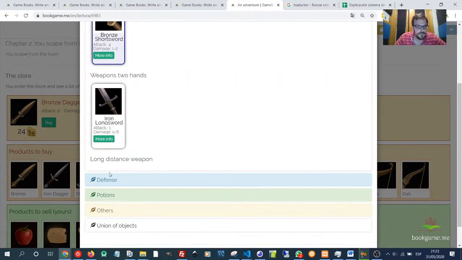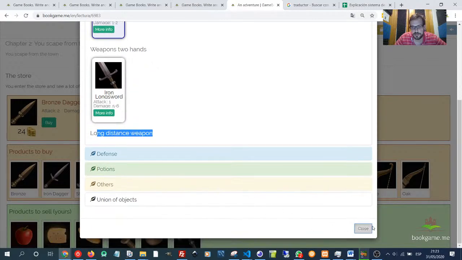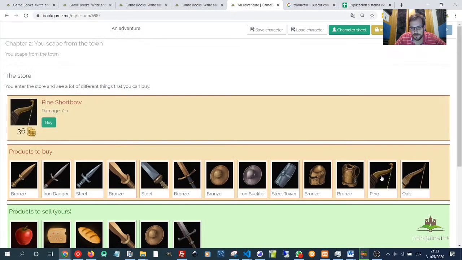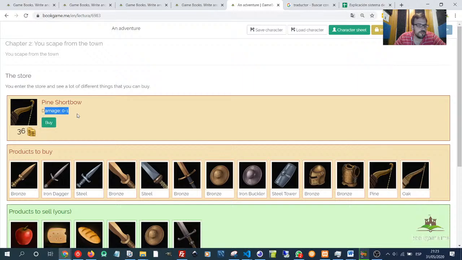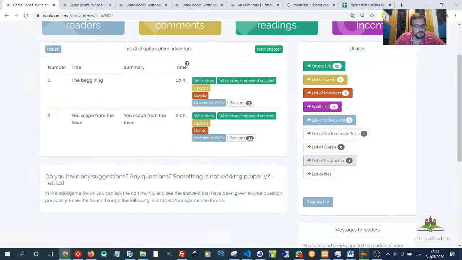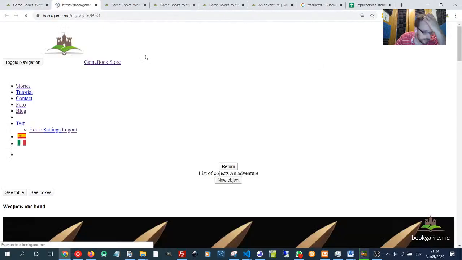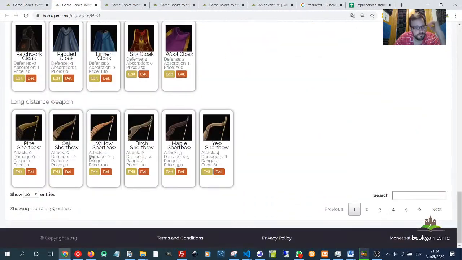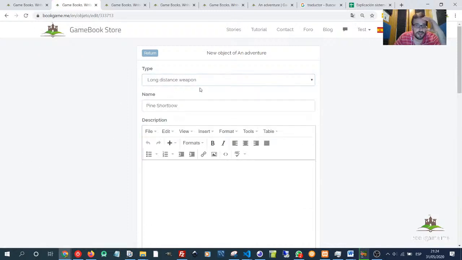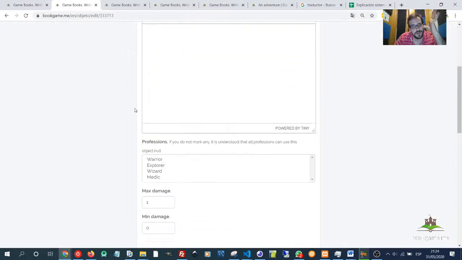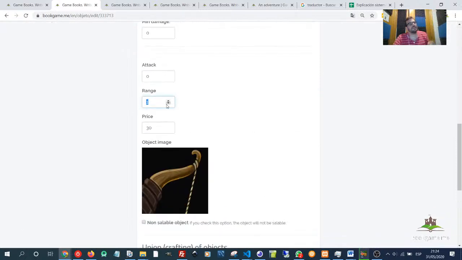has a long distance weapon, right now we cannot see, but maybe if we buy one, if we click here, look, here appears only damage, but it must also have a range. We're going to try to buy, we don't have enough money. Okay, the thing is, this bow has some range that we cannot see here. But if we enter here and go up to the object list, you're going to see that you can define a range. Okay, in this case, this long distance weapon, this pine short bow, it only has 1